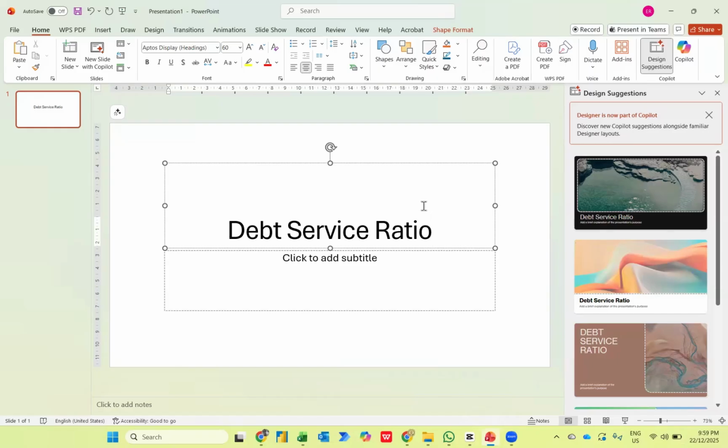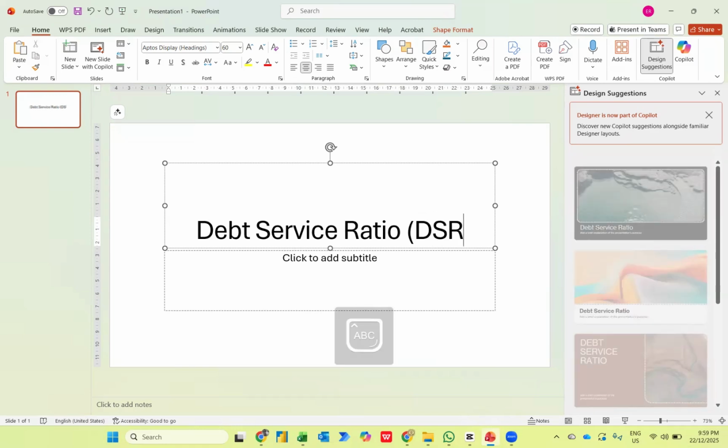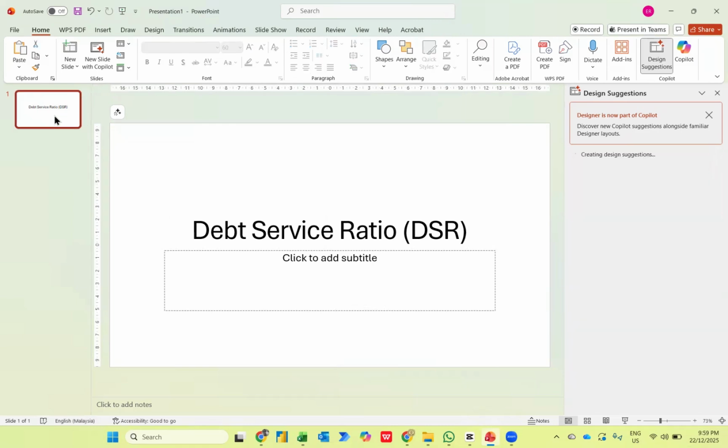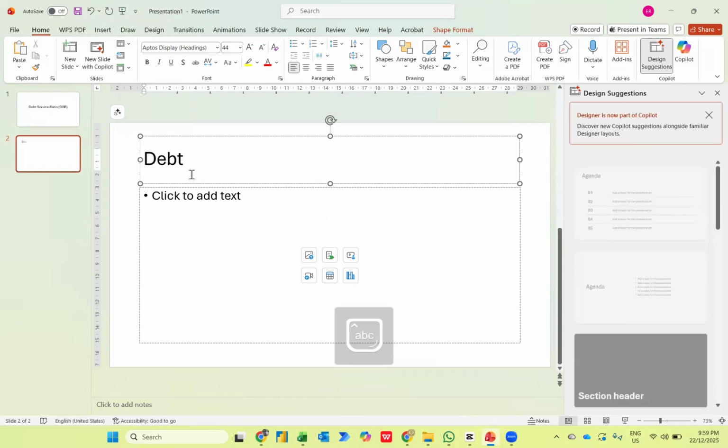So today we will learn about the debt service ratio, also known as DSR. Debt service ratio. So let's get started to understand what the debt service ratio is. Debt service ratio is basically a ratio used by banks. I'm going to write here: debt service ratio, and this ratio is normally used by banks and lenders